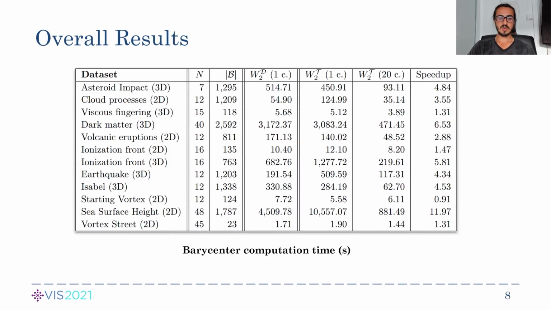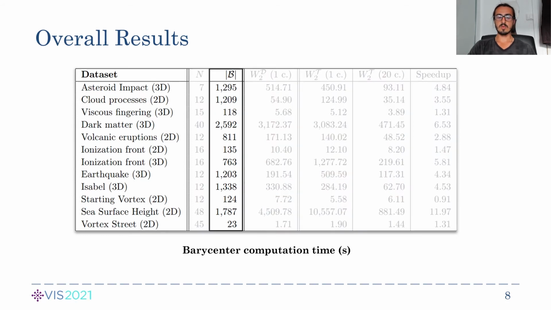At first, we have measured the execution time of a barycenter using the proposed method in parallel and sequential. It is done on some datasets, including some SciVis contest ones. In terms of the number of persistence pairs, we have a wide range from very small datasets with some 100 pairs to bigger datasets with thousands of pairs. The number of members in each ensemble varies in the order of tens.